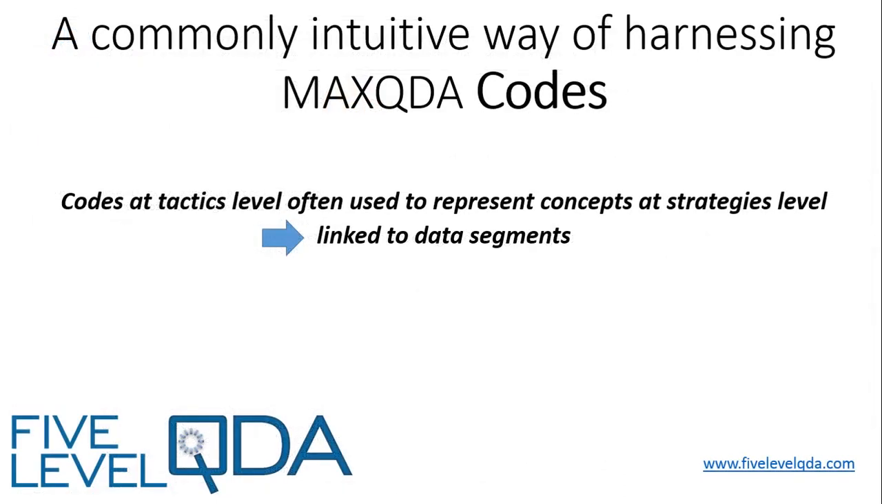Codes at the tactics level within MAXQDA are commonly and intuitively used to represent concepts at the strategies level, and they are then linked to segments of data where those concepts are identified. This way of harnessing codes is common because identifying concepts within data is the basis of many approaches to qualitative analysis. So in our first example, we show how this looks in the context of a specific analytic task in